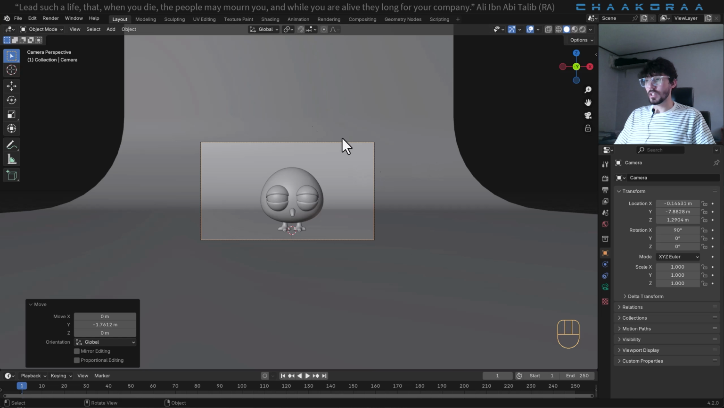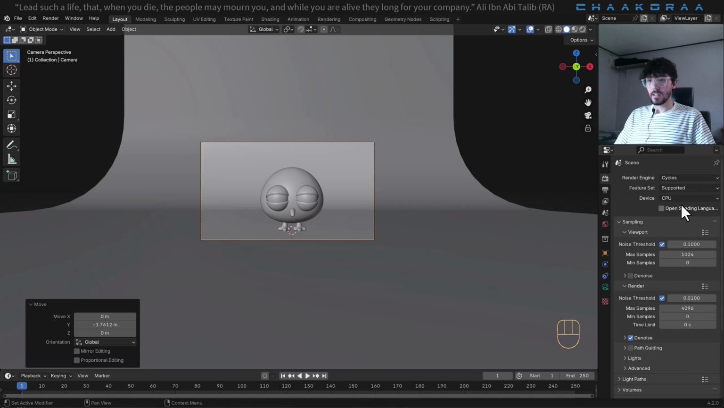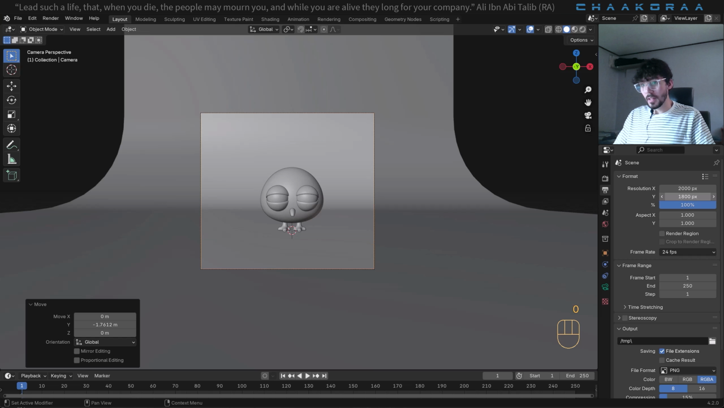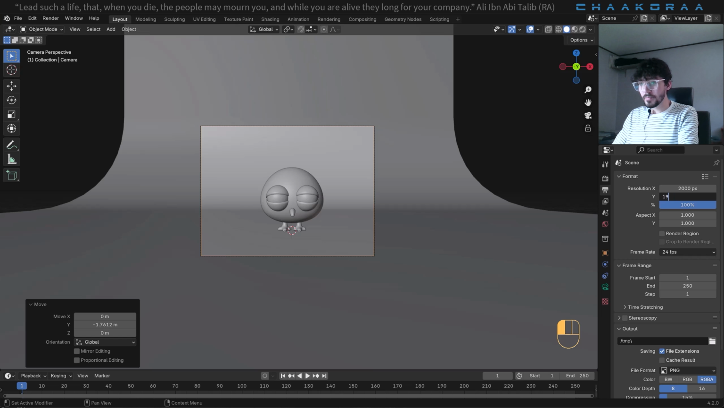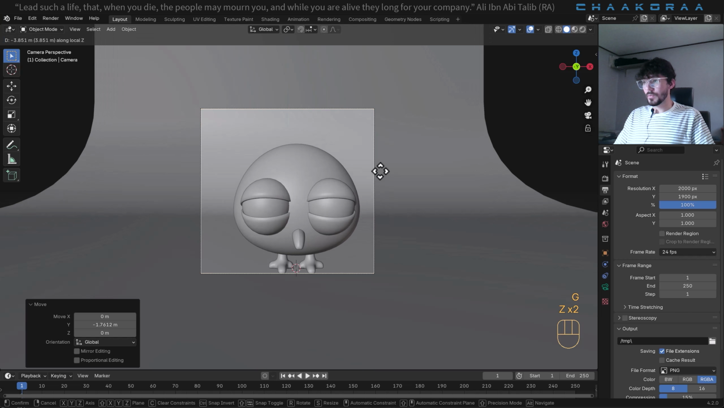And I'm gonna change the ratio of the camera. So come to the render part, and first of all change the render engine from EEVEE to Cycles. And if you have GPU, let's change the CPU to GPU. It would be so much faster, the results. So where is it? Come to the output part and change the resolution. I'm gonna change it to 2000 by maybe 1800 or even 1500. I think I'm gonna go on with maybe 900, and press G and Z twice to go a little